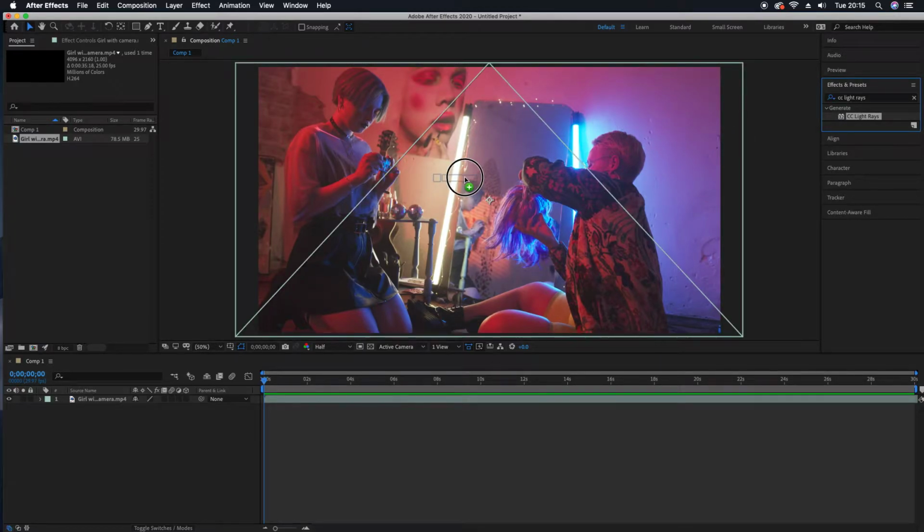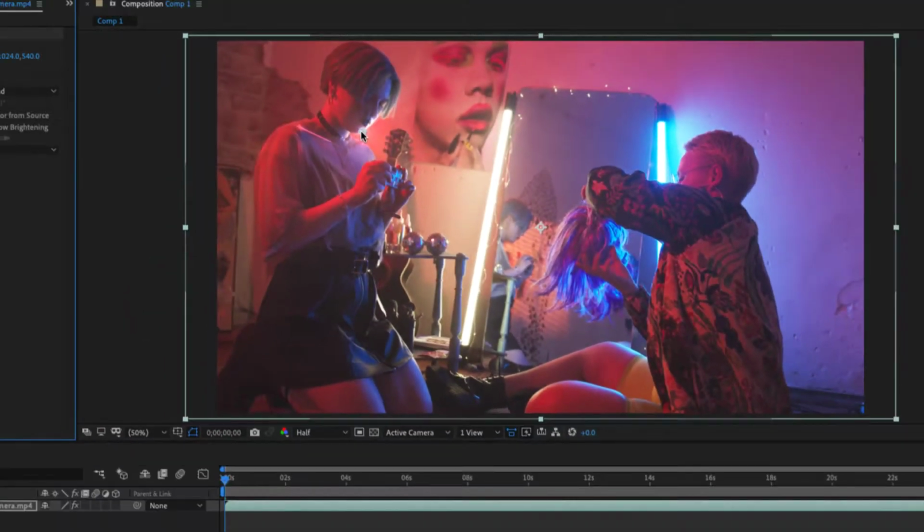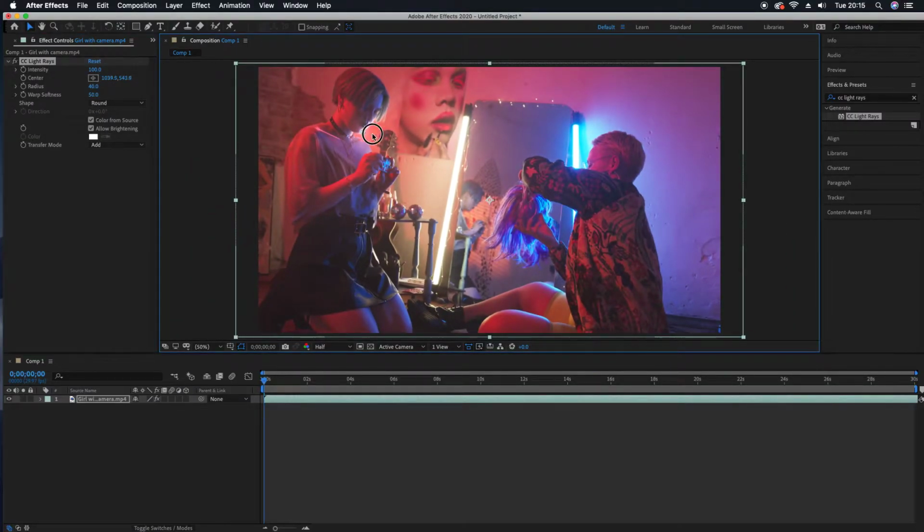If you bring this onto your layer, you'll see immediately you get this little light source, this glow thing that you can position and move around. You can use it to pick out lighting on a particular part of your video. What I'm going to try and do is almost make it a little bit like a moving flash. So you can pick up the central point